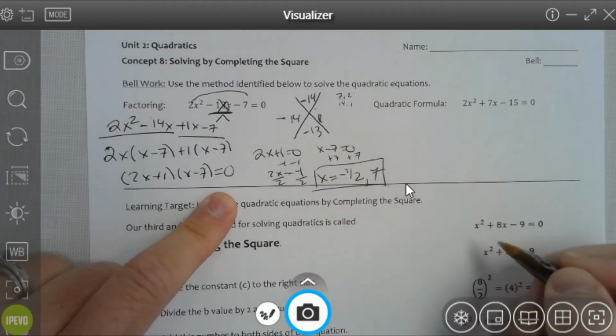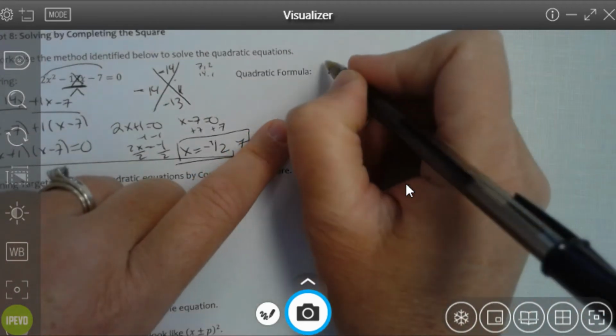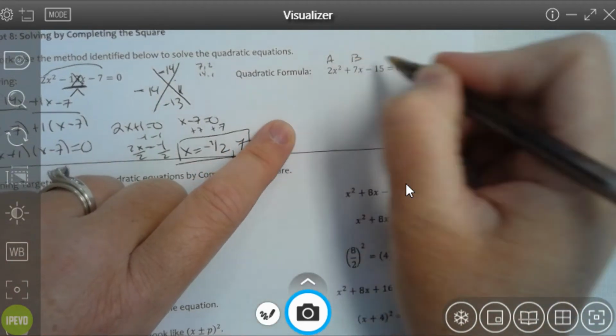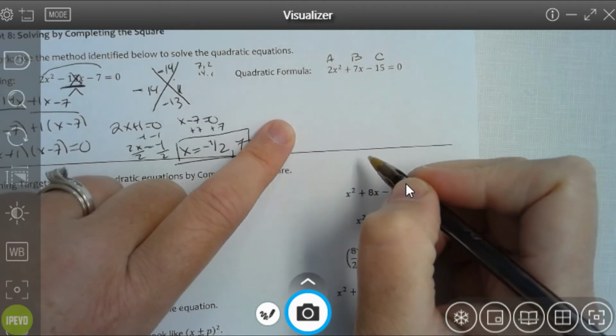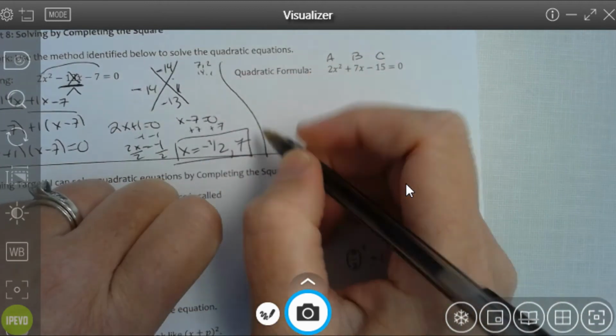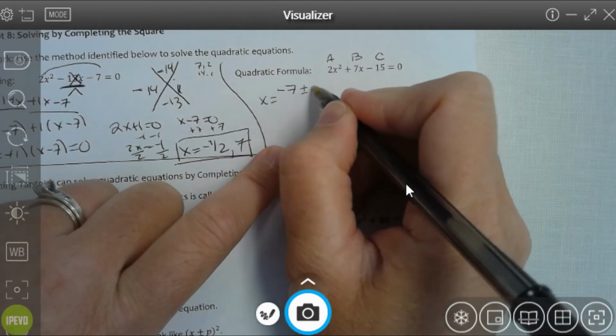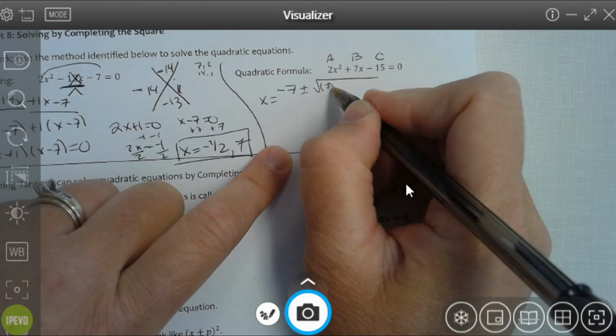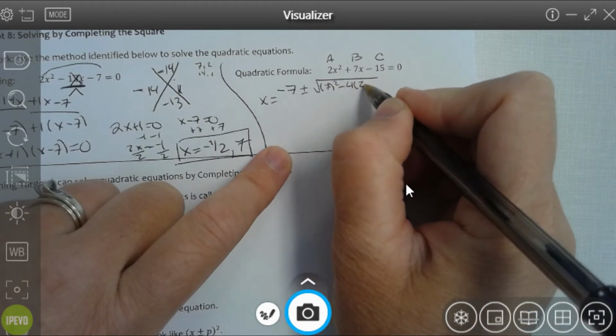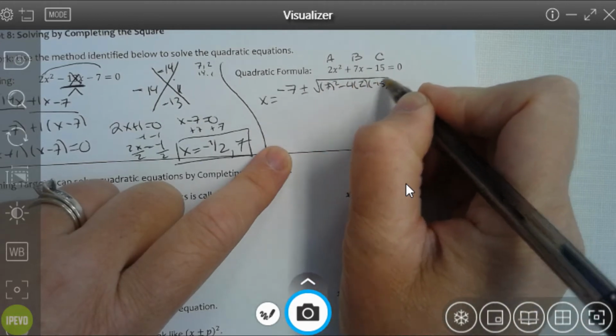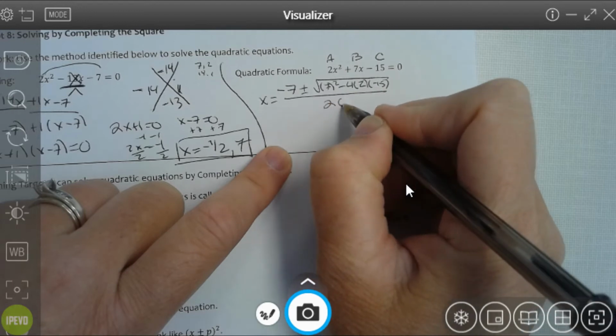All right, quadratic formula. A is 2, B is 7, C is negative 15. So I'm going to do x equals the opposite of b, so that's why it's negative 7, plus or minus the square root of b squared minus 4ac, all over 2a. Remember, you want to do the discriminant first, so type in just this part into your calculator,